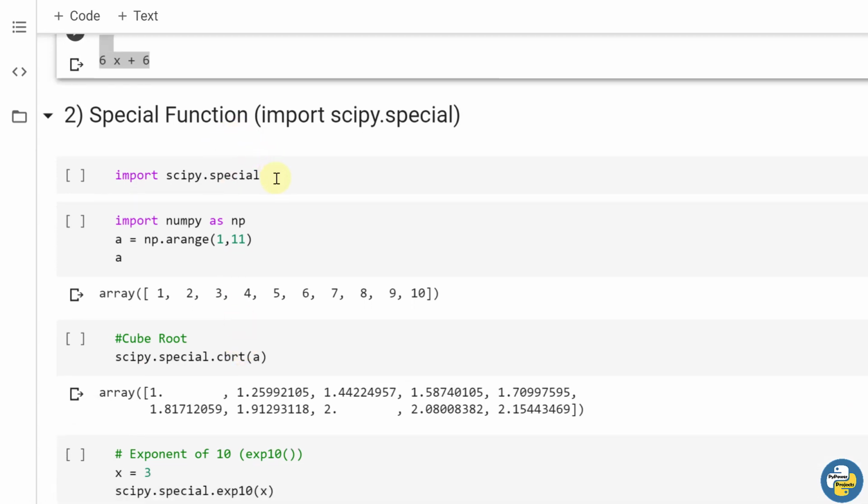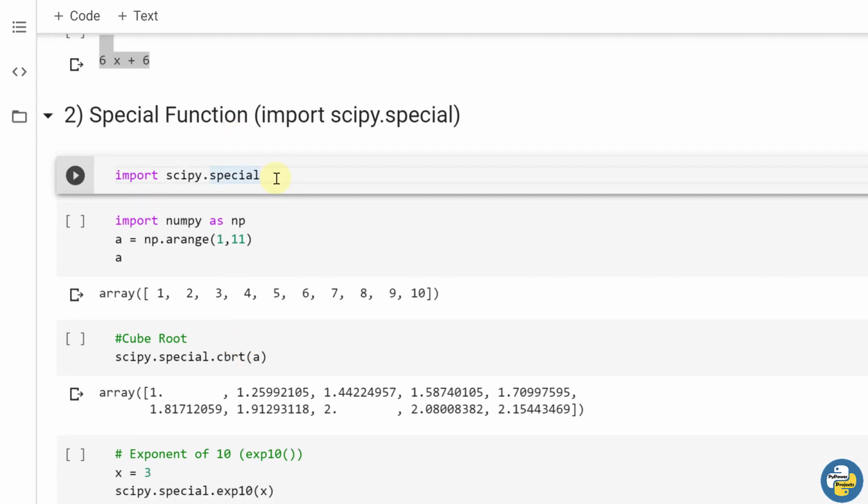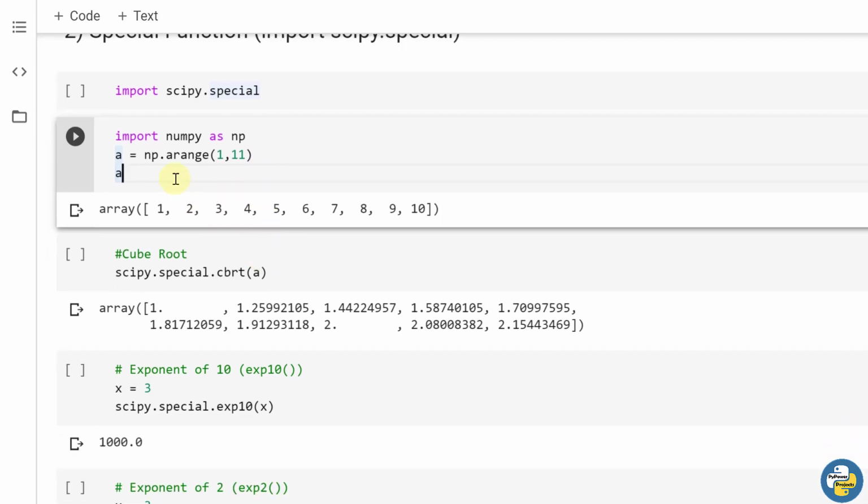So SciPy library has a module called special. So to use the functions of special module, you have to import it. So you have to write import scipy dot special. This is an array of 10 elements starting from 1 to 10.